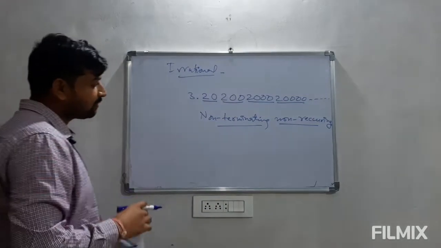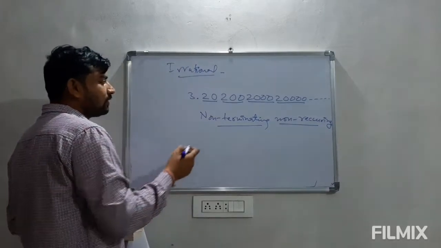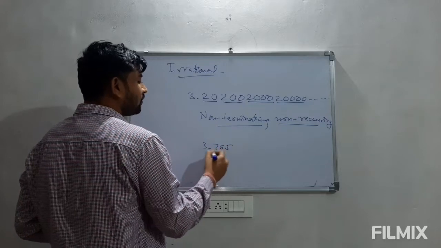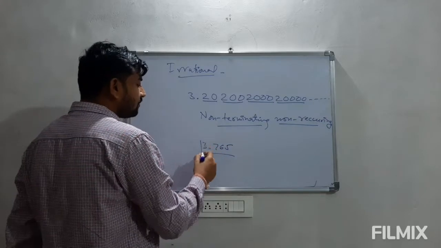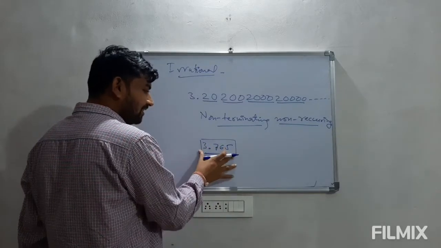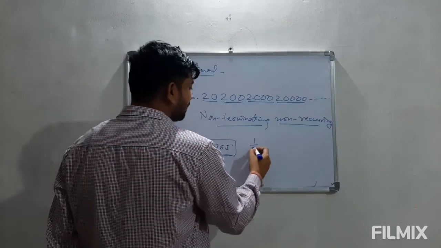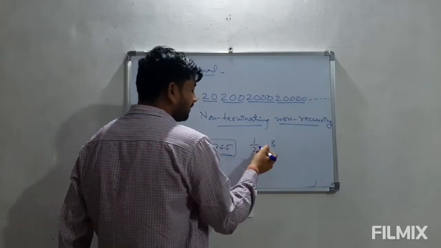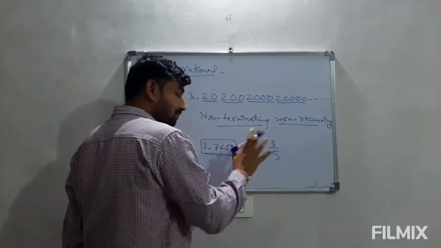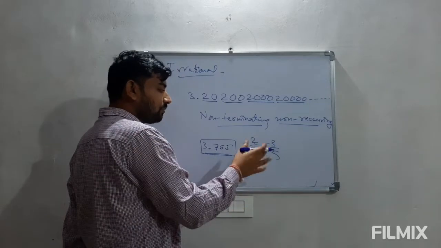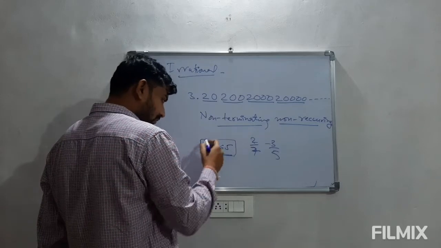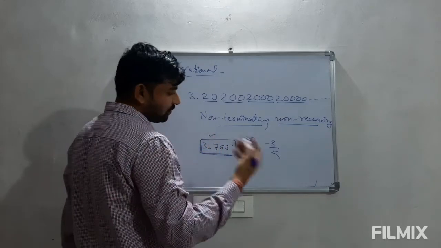Now in the later part of this chapter we will be covering, if there is some number like 3.765 or something like that, we will represent this on number line. Means it can be clearly seen that it is rational. You have seen representing 2 by 7, 2 by 5, 3 by 5, this kind of rational numbers, if it is minus, on number line in your class 8. In this class 9, we will be discussing decimal numbers on number line.